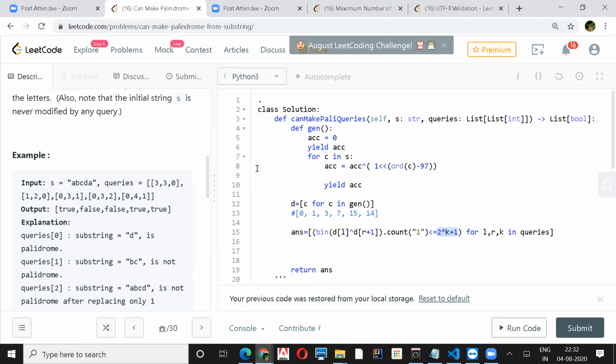It will not store the whole thing, like 0, 1, 3, 7, 15, 14, in cache or memory. Whenever we request something, the generator will only return that part. It's like lazy loading. Unless we request something, it won't return. So yield is like a return statement.